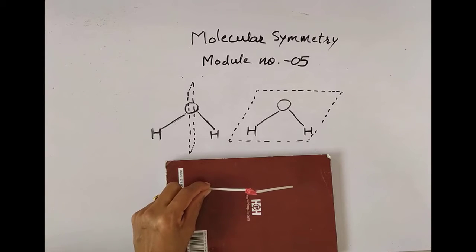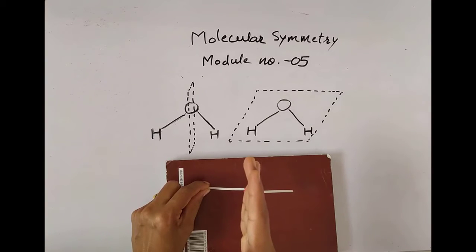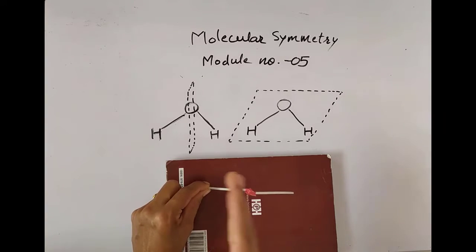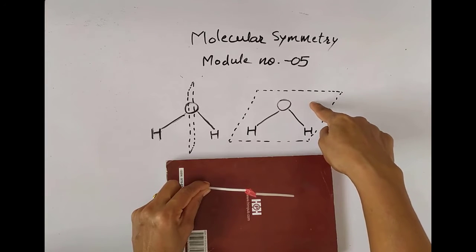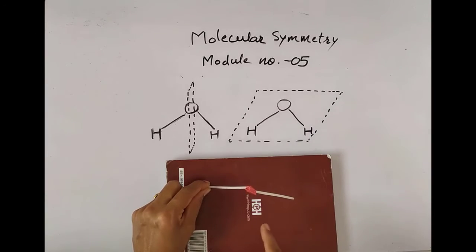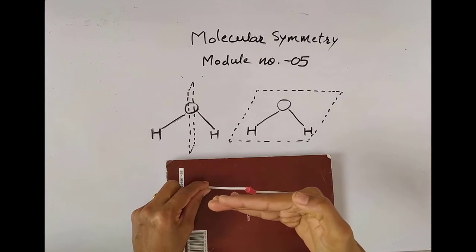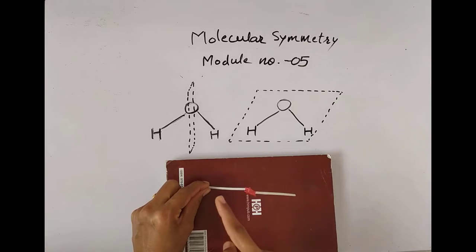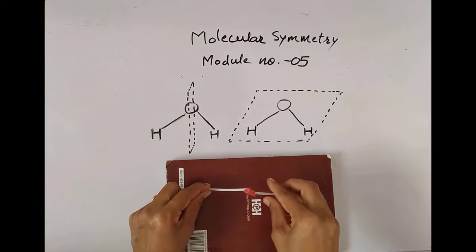And how have we passed the plane? This first plane is like this. Still you can see clearly the two mirror images. But how can we show this plane on this model? This plane is passing like this. Now as these are two small sticks, you can't see it on this model.